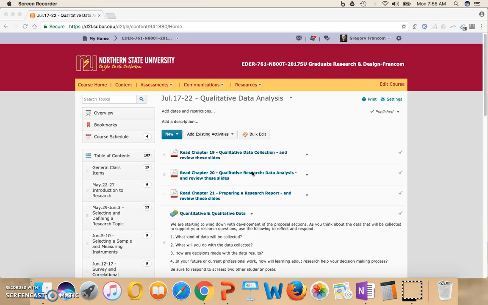The first thing that you need to know about this is that qualitative data analysis is a longer process, certainly, than quantitative data analysis. Quantitative data analysis involves running some math, doing some statistics, and figuring out what the answer is numerically. But qualitative data analysis is a much longer process in which we examine a whole bunch of data and try to find themes and content and try to make sense of all of the mountain of data that you've collected